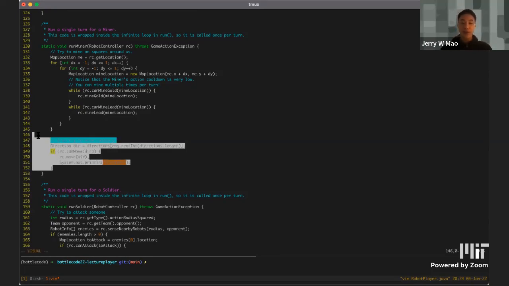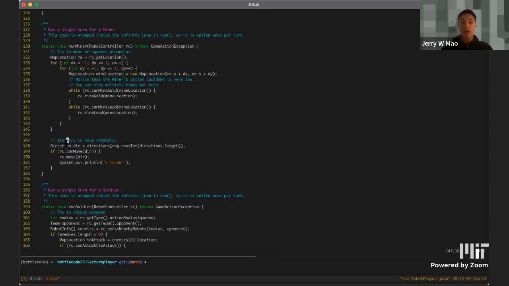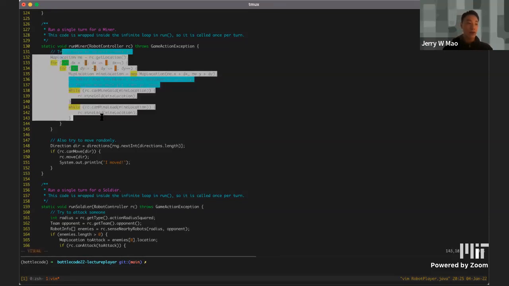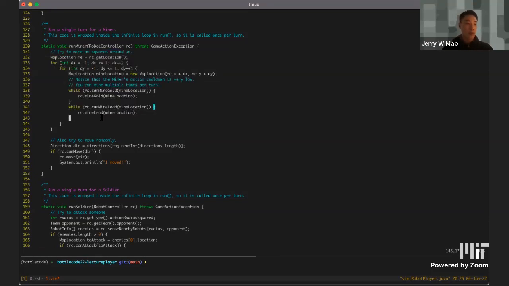Again, we have this same code at the bottom, which says pick a random direction. If we can move in that direction, we're going to move in it, and then announce to the world that we moved in your terminal screen. Other than that, what we have is the main stuff in run miner, which says,